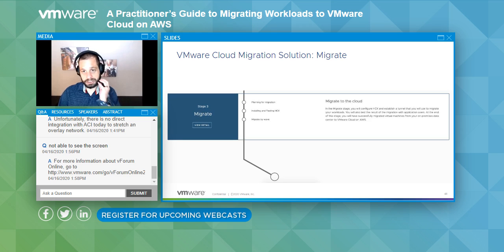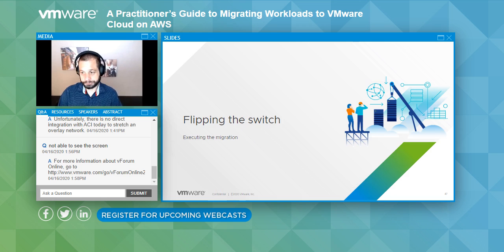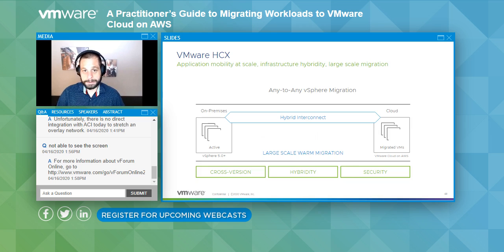And finally, that migration is really just focusing on the HCX components as well. So executing the migration, that element is really just leveraging the HCX tool itself. Of course, the icons are not showing up too fancy on this, but we'll get through it together. The elements around HCX really give that capability of standing up the interconnect and the tough pieces between the two data centers. The hybrid interconnect that is stood up and the automation around that is giving us a layered connection